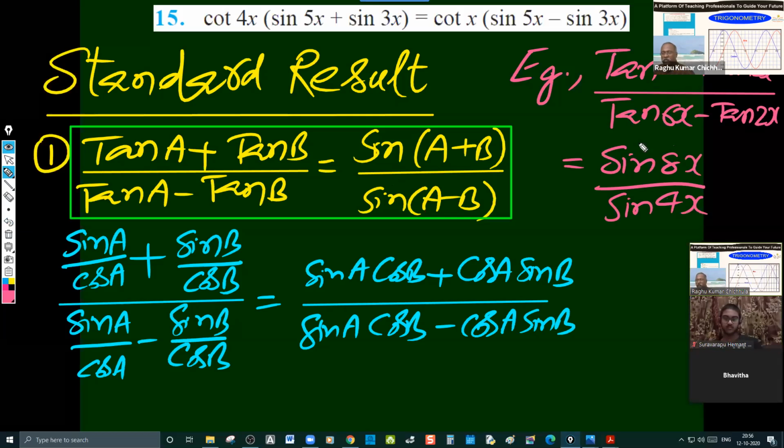Are you there, Bhavita? Sir? This is the example. Straight away you can understand. Yes, sir. Similarly,